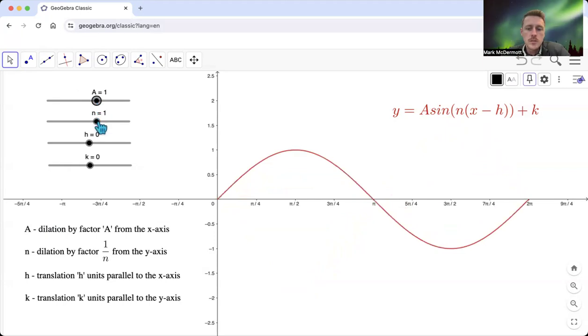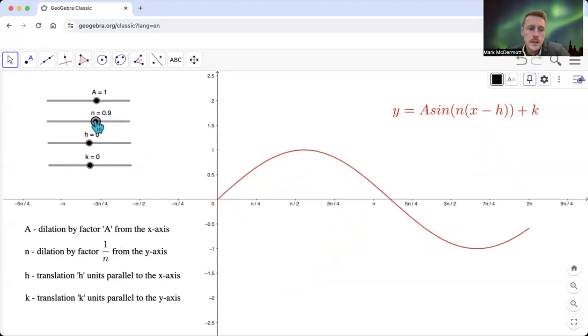All right, the next thing we're going to talk about is n. So that's this thing in here. Now this is a dilation by a factor of 1 on n from the y-axis. So at the moment, we can see that our period, which is how long it takes to go through one cycle, is 2 pi. If I make n 2,